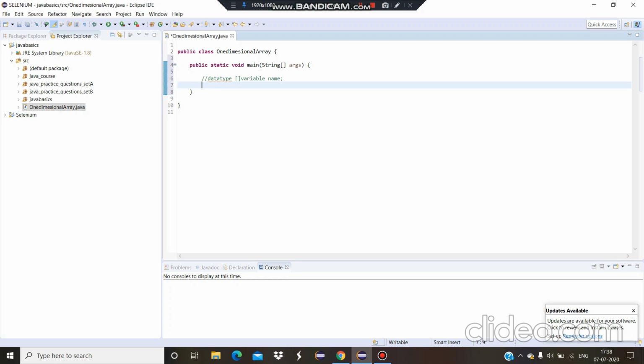So in practice, if I am using the data type as int, then an array symbol, a variable name I am using as myarray, equals. So this is the way to declare an array variable.